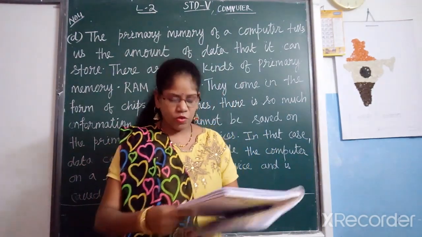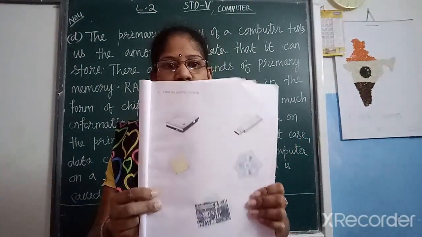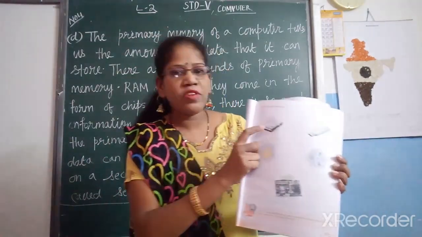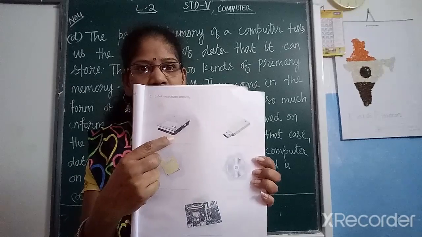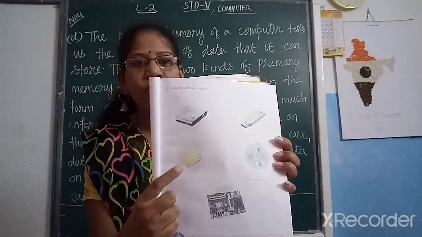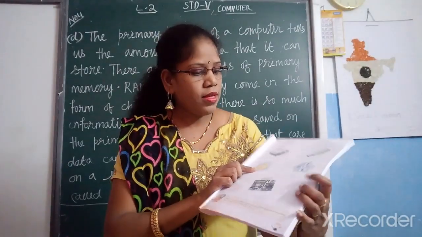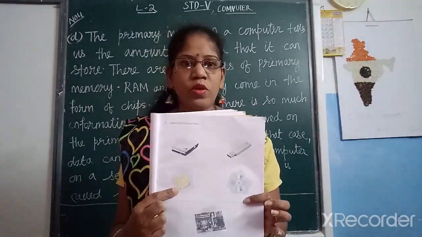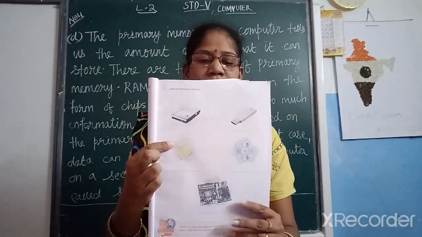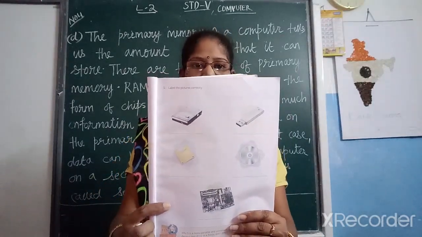And just take out your textbook, page 29. Can you see this picture? Please label it. What is the name of all these pictures? Okay. The first picture is the hard disk. Then the second one you can write, it is a pen drive. The third one is your floppy disk. Earlier the data used to be stored on floppy disks. Okay. Then the next is CD, that is known as compact disc. And this one is your motherboard. You can label the names here and write them down in your textbook.